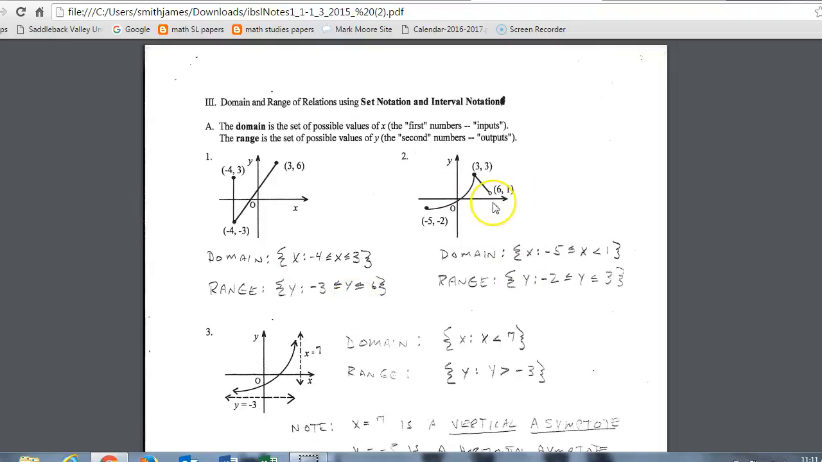This one's just a little bit trickier with the drawing, but just keep the same thing in mind. For domain, I'm just going from left to right. So the farthest left that we go is negative 5. The farthest right that we go is positive 6. That should say positive 6, not 1. Anyway, so from negative 5 to positive 6 would be the domain, but notice the use of equal signs on